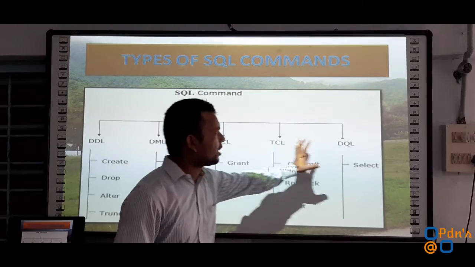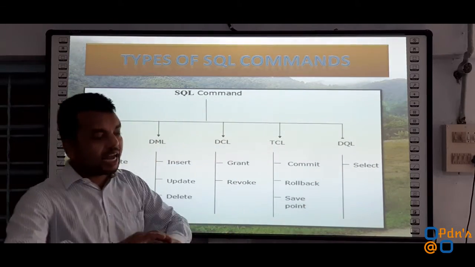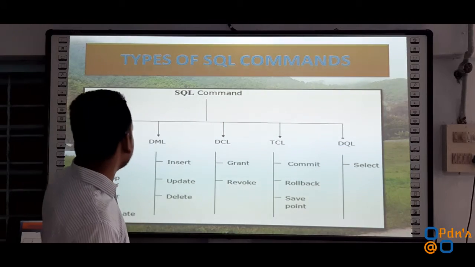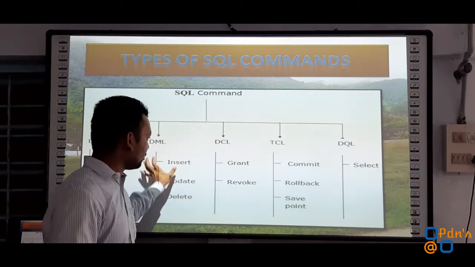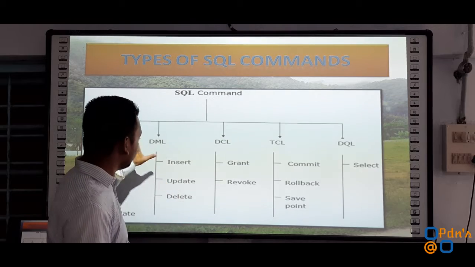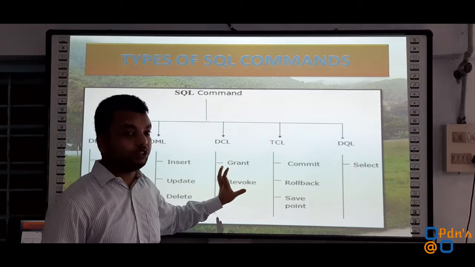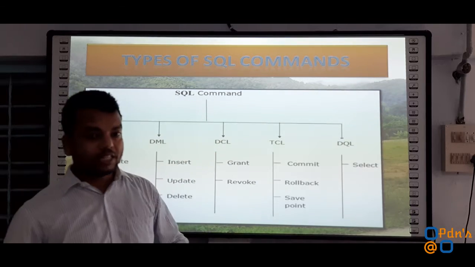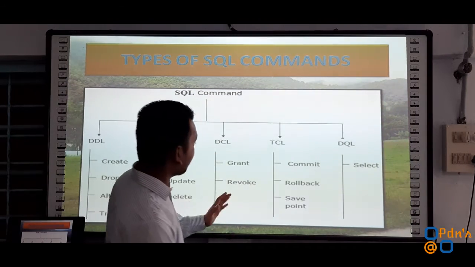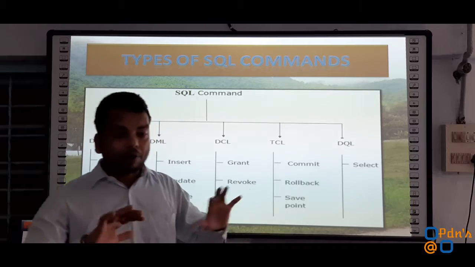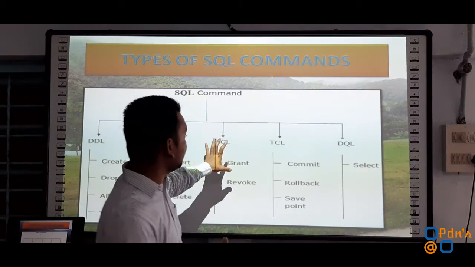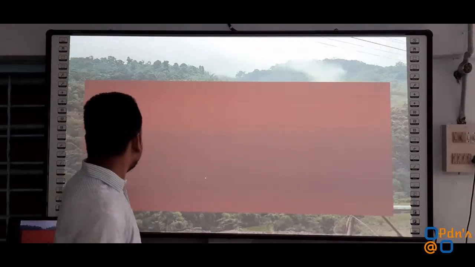Actually, these 3 are not part of our syllabus. Instead, I am just giving a brief overview of these 3. Our syllabus is DDL and DML, which we are going to discuss in detail, and based on this we have exercises which we need to solve. So this is DCL, grant and revoke. If we would like to apply certain restrictions onto our relations in a database, we will use this set of commands called DCL.